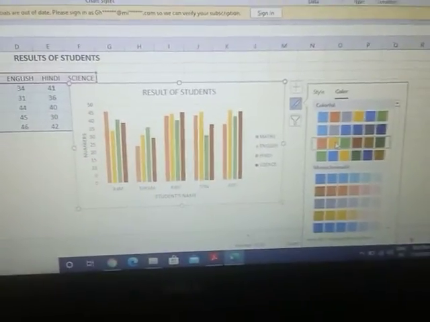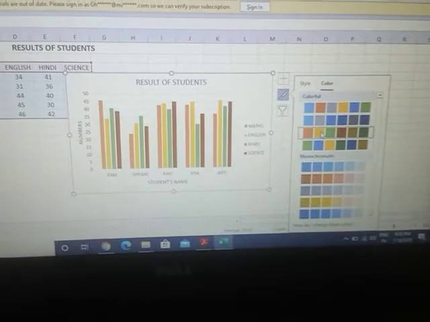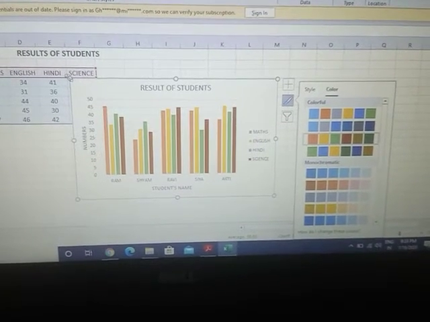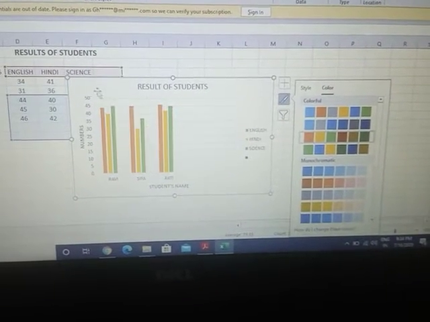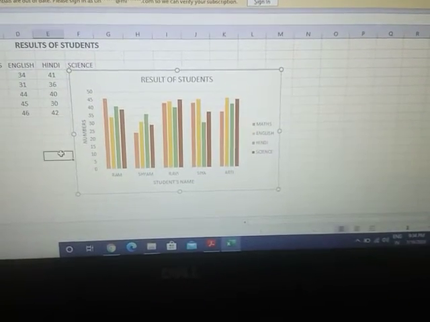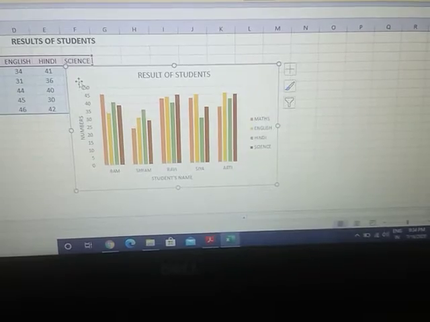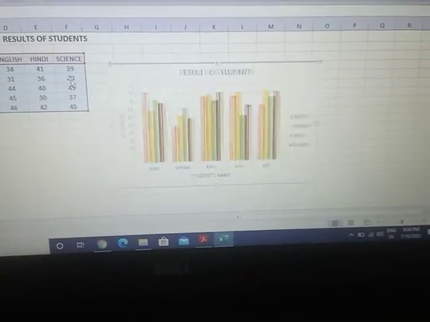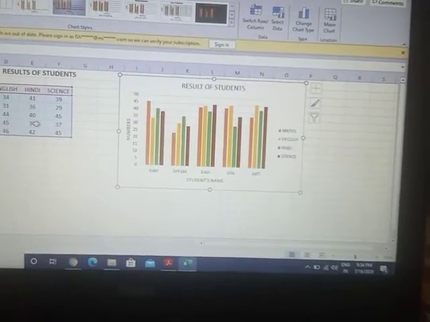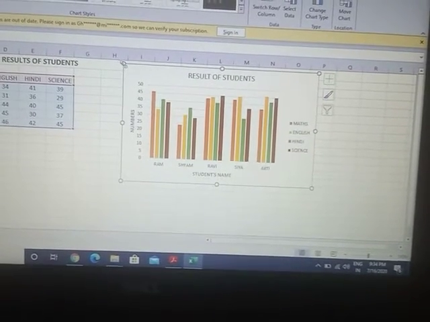So it's easy. See it properly and try it. You can drag this and resize it. If I want to shift that chart, I will select it and shift it with the help of the arrow key. You can see I am using the arrow key for shifting it. I am shifting it to that side. If I shift it upper side, you can see it is going upside. You can use the mouse as well as the arrow key.